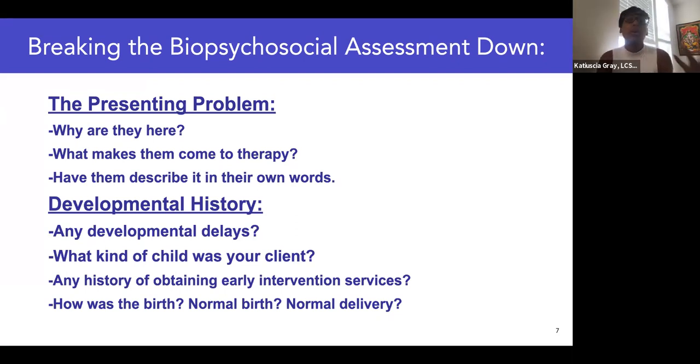So when a person comes to me, we got this referral, and based on the referral, you said that you have anxiety. Tell me a little bit about that. Tell me what makes you seek therapy. What is their presenting problem? Have them, as I always say, describe it in their own words. That's super important because it gives them ownership on why they're here. During this process, it's super important to start looking for cues.